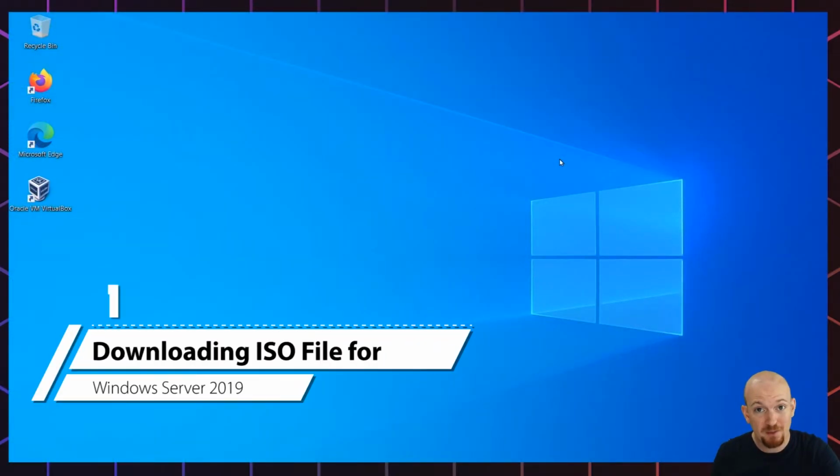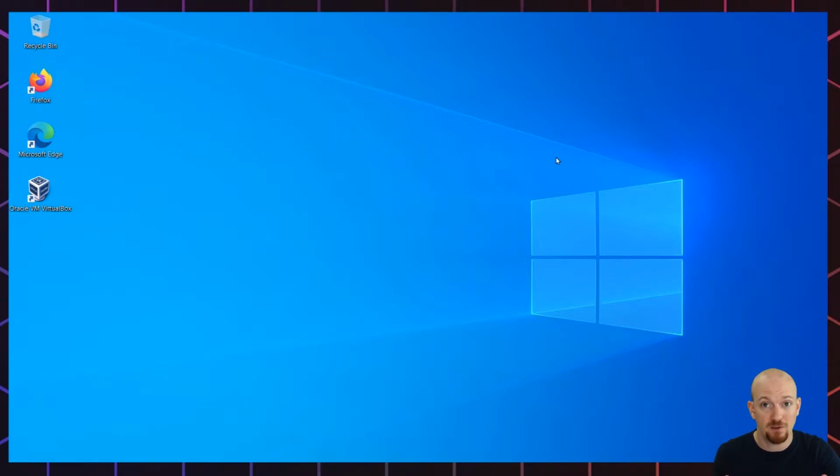So, before we can begin our installation, we need a media to install the server from. Because we do not have a physical server, but only this virtual PC we can install the server on, we need to download an ISO file. The ISO file will then be used like an optical media, but it's just a big file on your hard drive which we will mount in Oracle VirtualBox, and to the virtual PC it will look like an optical drive,